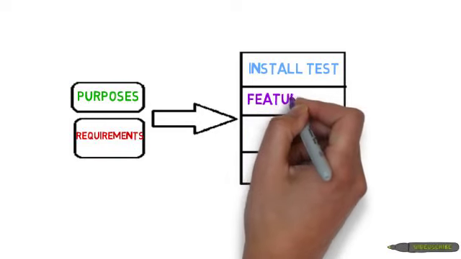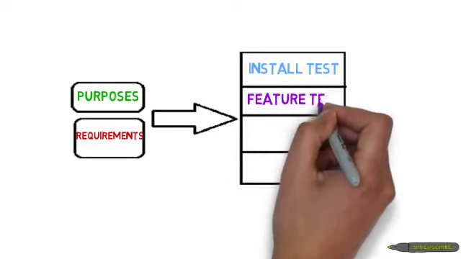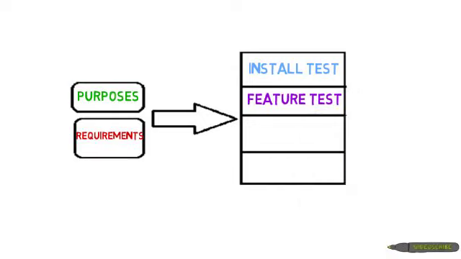Next is feature testing. This is the heart of game testing. The list of game features is taken and each game feature is tested as exhaustively as possible. The tests are at multiple levels. For example, there can be high-level tests for tasks in the game, for example, going through every level of the game and winning the game. Or there can be detailed tests for every feature, for example, that each of the controls works correctly, or the feature to start or suspend or resume or stop the game is working correctly.